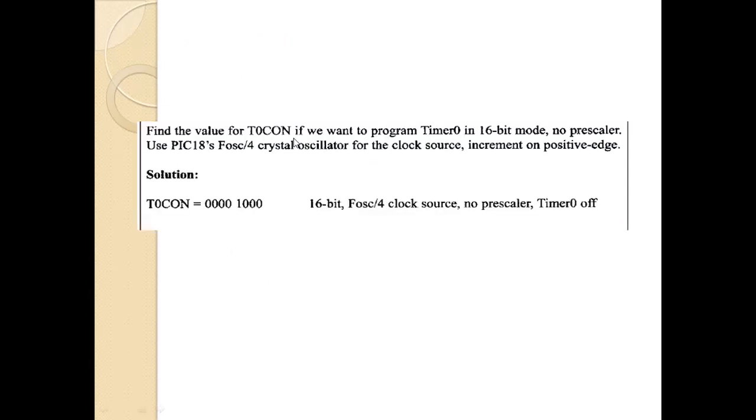So suppose this is the example. Find the value of T0CON if you want to program timer 0, 16 bit, no prescaler, use Fosc by 4. So you see that the timer is not started, so it is 0.